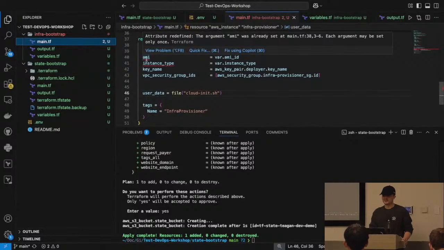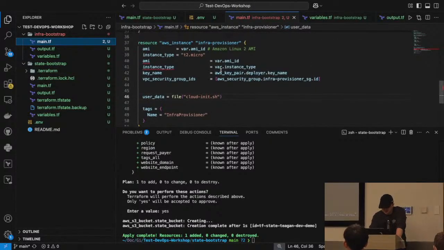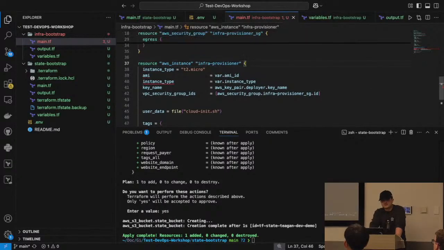Is that too much? Sorry. Okay. We have the AMI ID, but even for DynamoDB and the S3 bucket, we were using the same AWS account information. We are, yes. Why are we treating them differently? I'll show you just in a second.